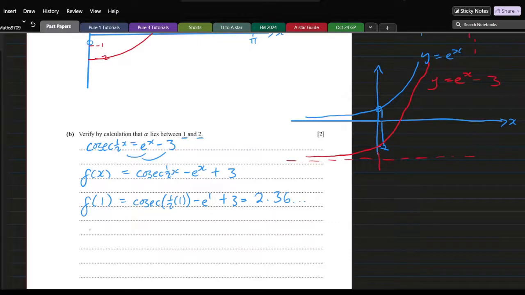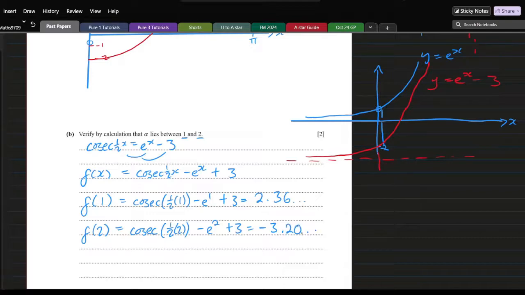And then we also need to evaluate f of 2, so that's cosec 1 over 2 times 2 minus the exponential of 2 plus 3, so that's 1 over sine half times 2 minus the exponential of 2 plus 3, and this gives us